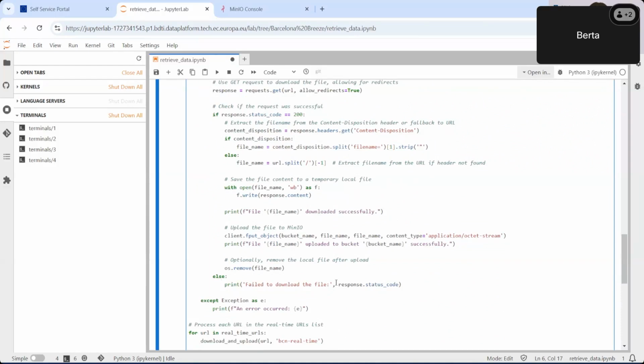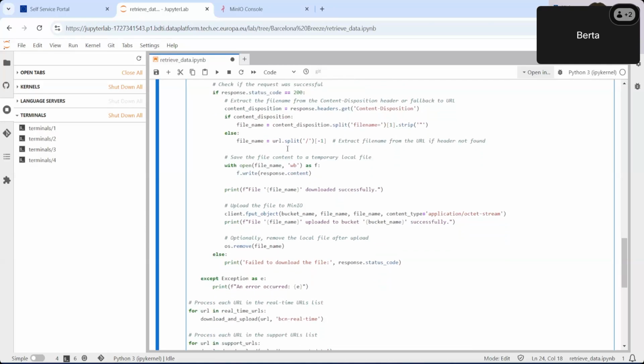And we're getting the status of the error, so why it failed. But if it was successful, with this 200, we'll enter this part of the function here. First, we're extracting the file name from the URL. So just getting the last part of the URL, which will be the name of the file.